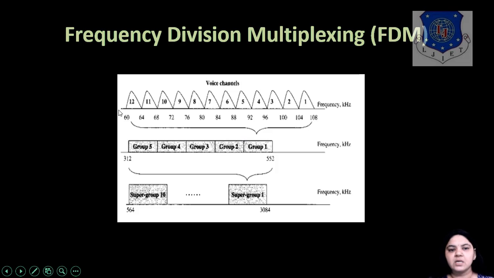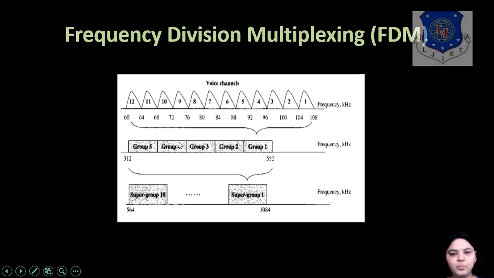So you can see over here all this frequency is with group number 1. Similarly the other frequency component is with group number 2, other frequency elements with group number 3, group number 4, group number 5. So this way the frequency groups are there, and they can also be combined, and we can have a group of frequencies, meaning all my frequencies are combined into one group. So the multiplexed output I have over here.